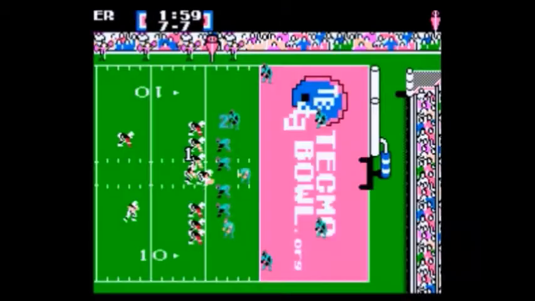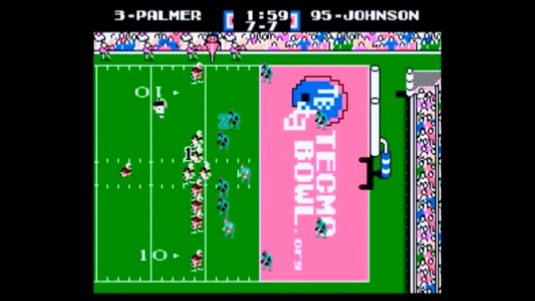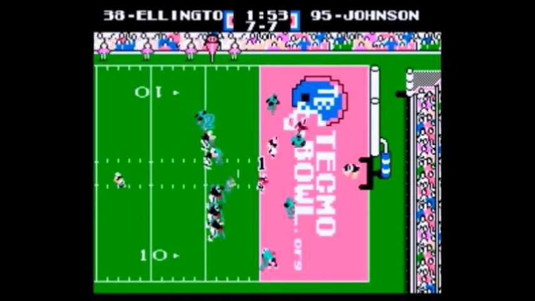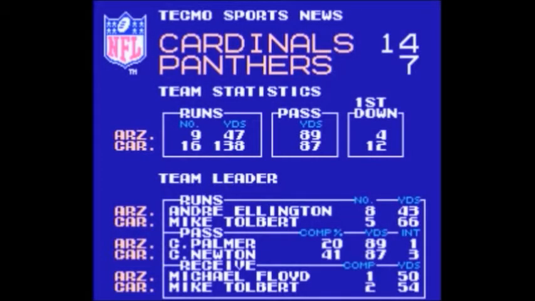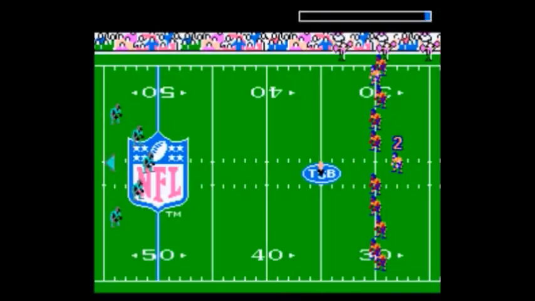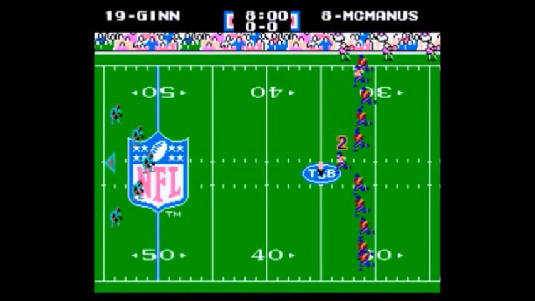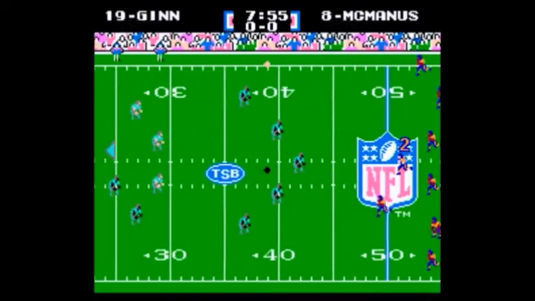In the fourth quarter, again, it's the Cardinals' first down, goal to go at the 4. It's a handoff to Andre Ellington, and he is in for the touchdown. So our simulation of that game was also incorrect. Cardinals over the Panthers 14-7. But that is not the result we have. We have an exciting Super Bowl matchup here with the Broncos and the Panthers. Let's get it started, Bob.